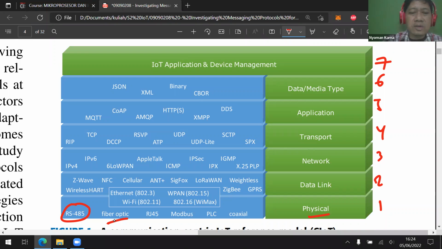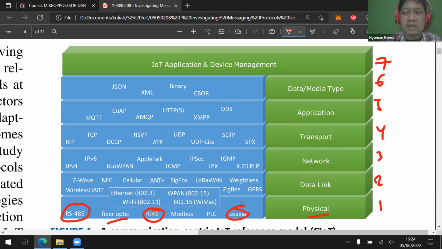We can also use RJ45, which is Ethernet UTP, and we can also have coaxial, PLC, Modbus, etc. Those are the most commonly used connectivity in the physical layer in the IoT world.